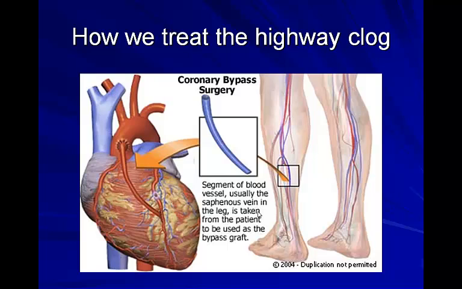Usually what they do is they take a vein from a leg, and they'll take that segment out and they'll reroute blood from this major vessel here. This curved red vessel is called the aorta. This is the major artery leaving the heart, which goes out and feeds the body. They'll actually use a vessel from the leg to route some blood back to the heart and bypass where this blockage is. So here you can see this little blockage here.